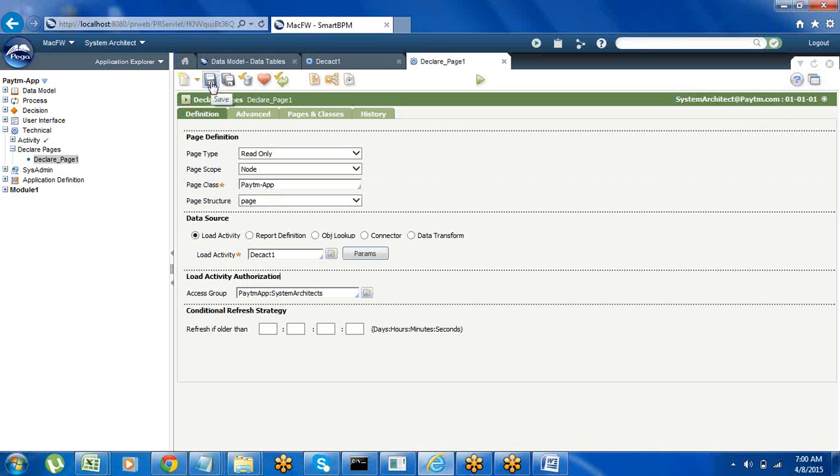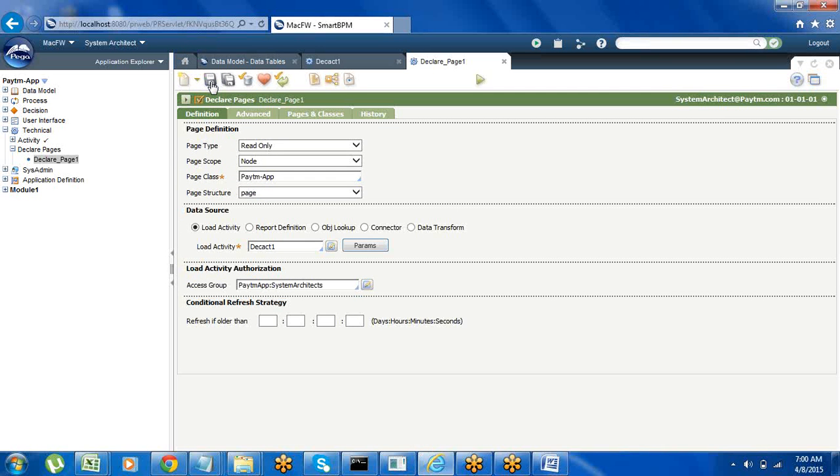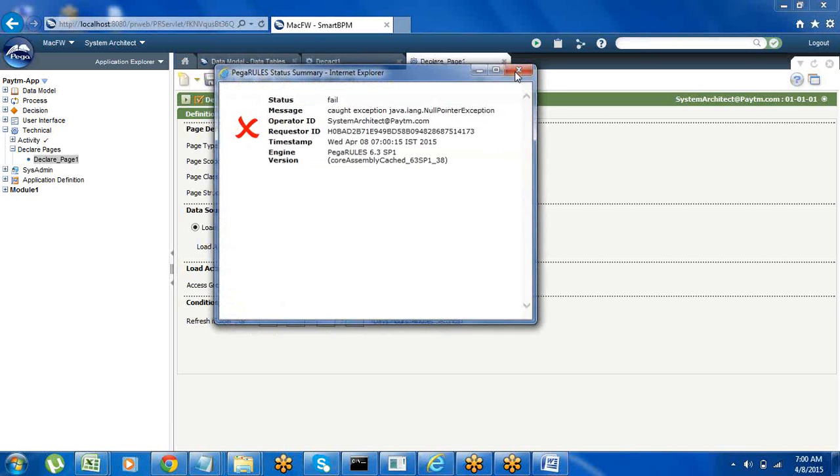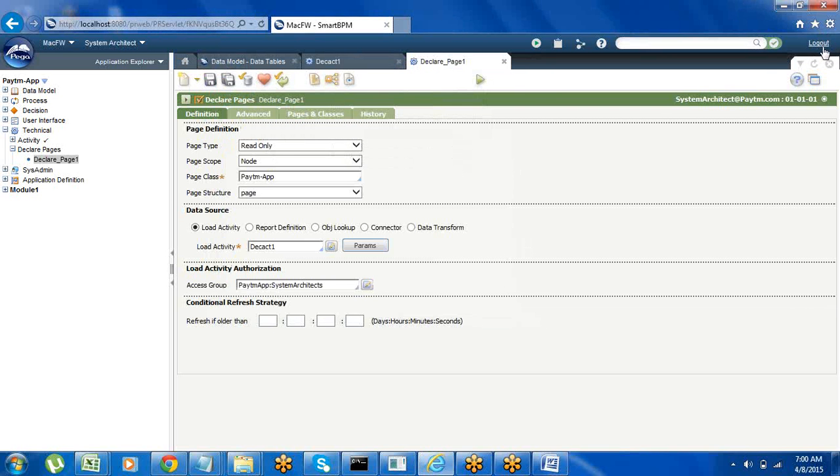Click on save option. Run. Okay, not this one. Okay, once log off and log in, and we'll create one. See, declared node level pages can be accessed not only from the same activity, they can be accessed from any activity. Okay, before that, once log off and log in.